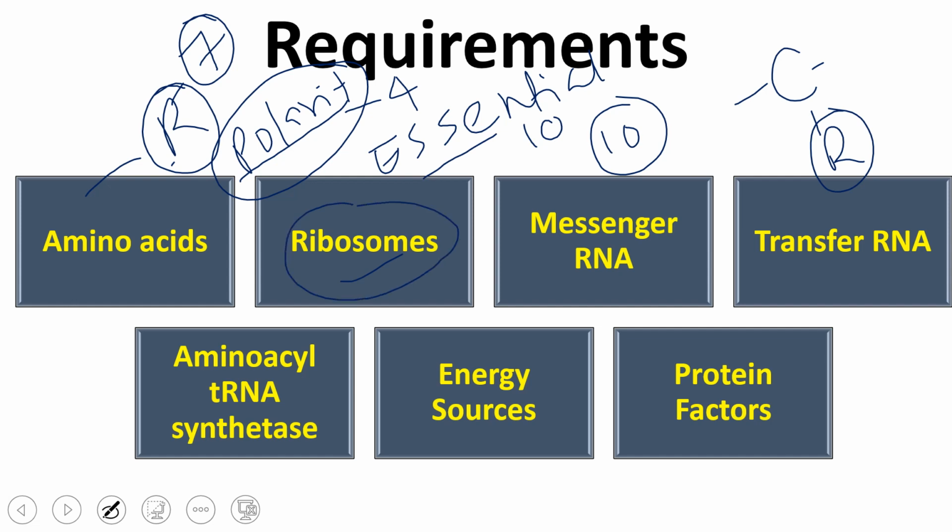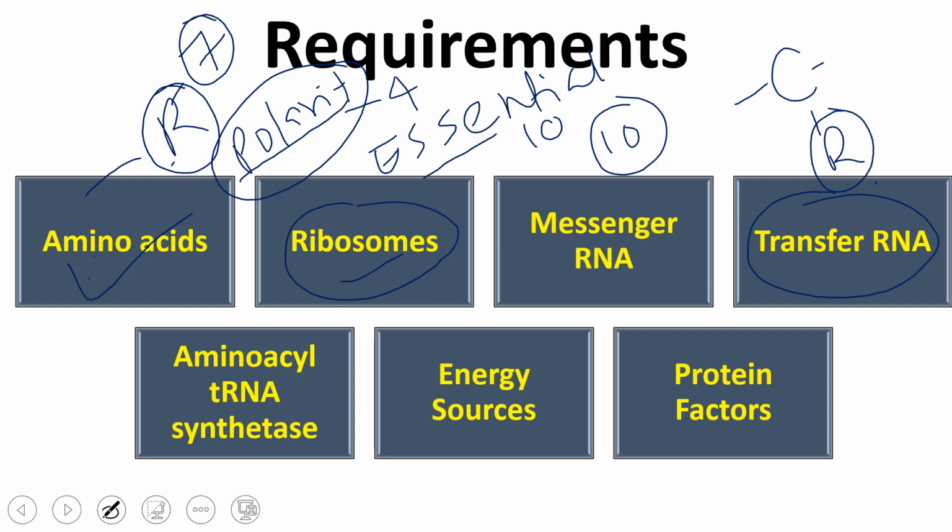So we require ribosomes. Then we require transfer RNA. This is the carrier of these amino acids. Without a vehicle, the amino acid will not come, so an amino acid requires a carrier, a vehicle, a car, and transfer RNA works as the carrier for the amino acid in protein synthesis. So wherever this amino acid goes, it will go loaded on the tRNA. So tRNA is a carrier molecule.